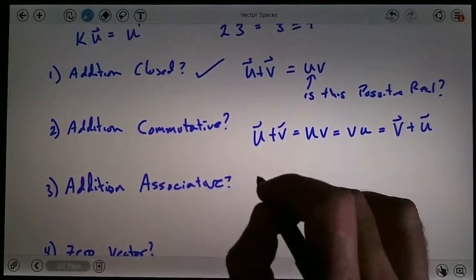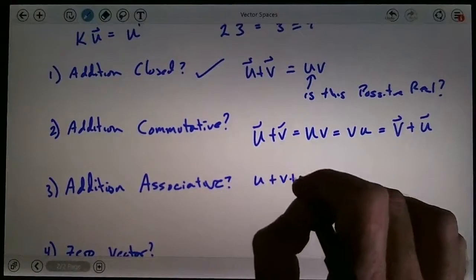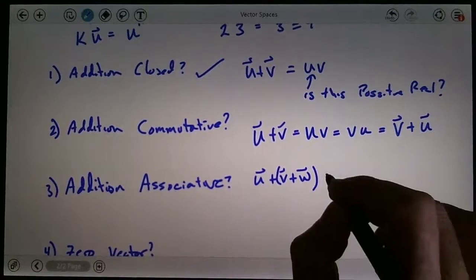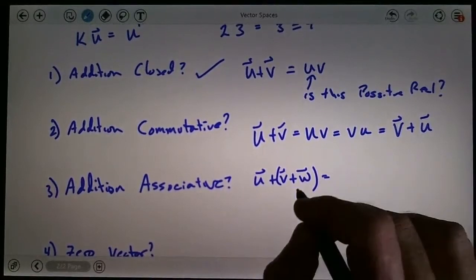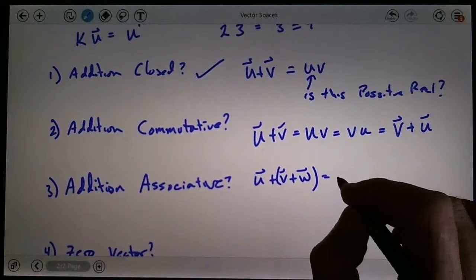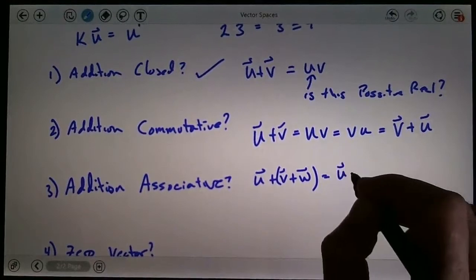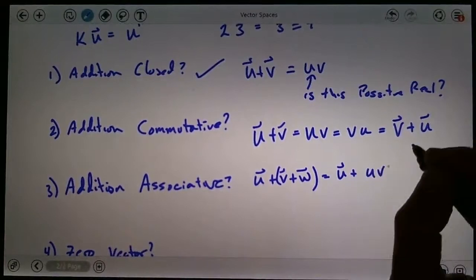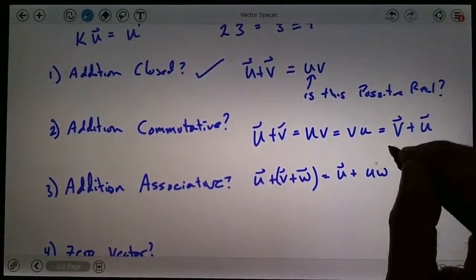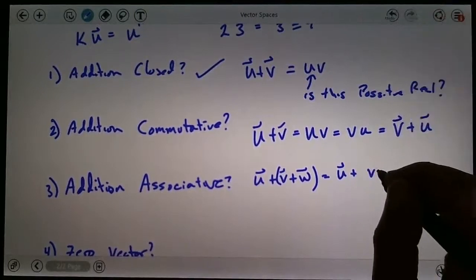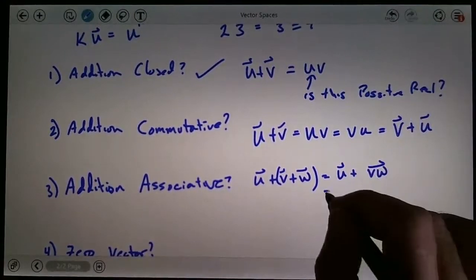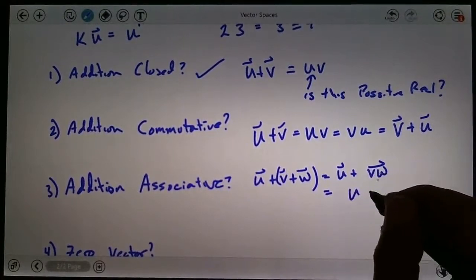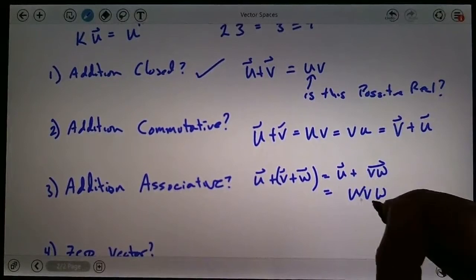Is it associative? If I take u plus v plus w, three vectors here, group it like this, can I change the grouping? Well, this would mean the vector u plus the vector corresponding to the product of v and w, which would be u times the quantity v times w,